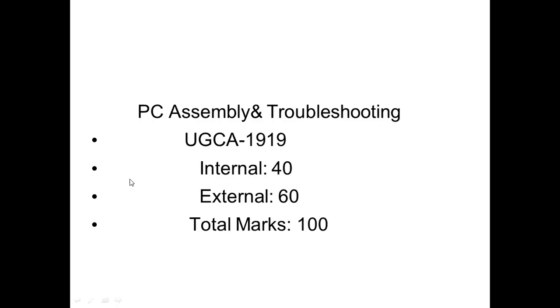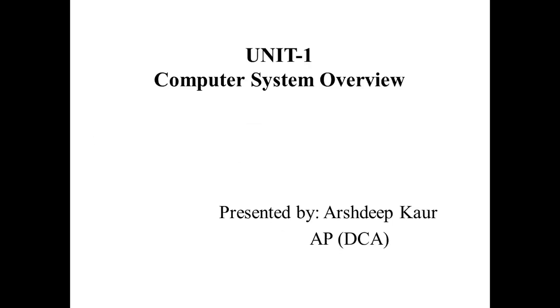This subject has 4 units, as you know very well. In our BCA, we have 4 units in every subject: unit 1, unit 2, unit 3, and unit 4. In unit 1, we will simply discuss the computer system overview. In this unit 1, or module 1, we will study what a computer is and the basic history of computers, meaning the generations of computers: first generation, second generation, third generation, fourth generation, and fifth generation computers. We will discuss the types and taxonomy of computers.